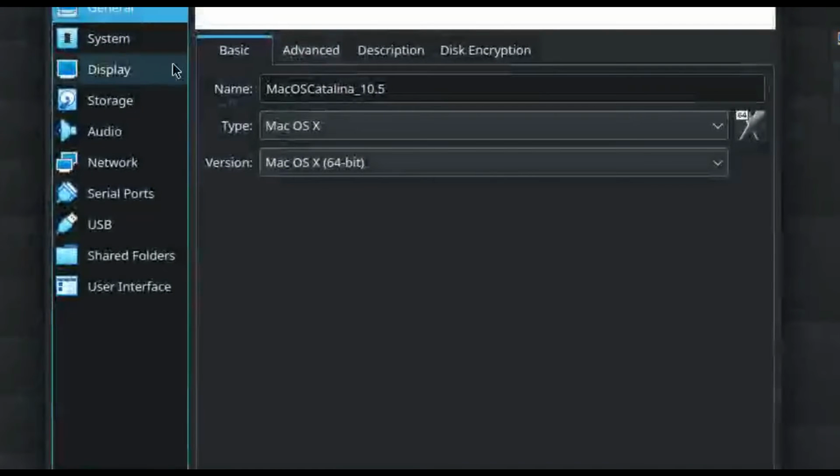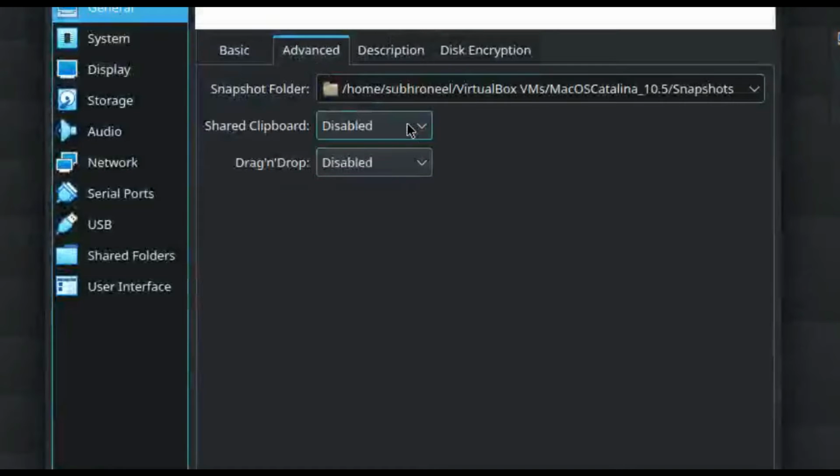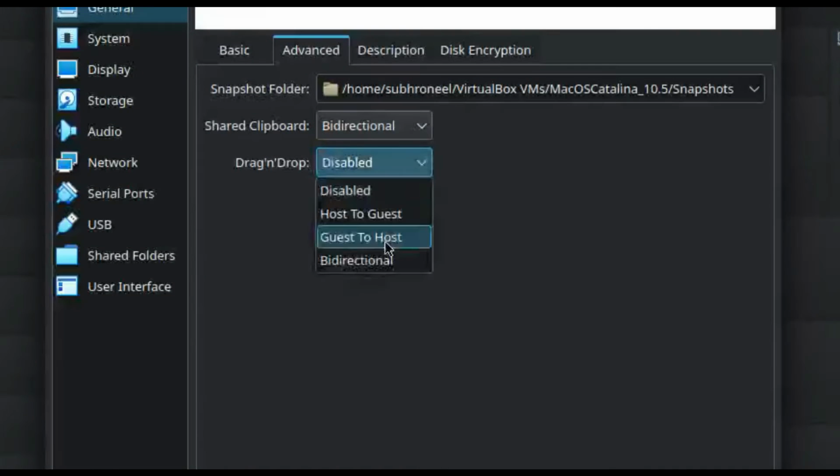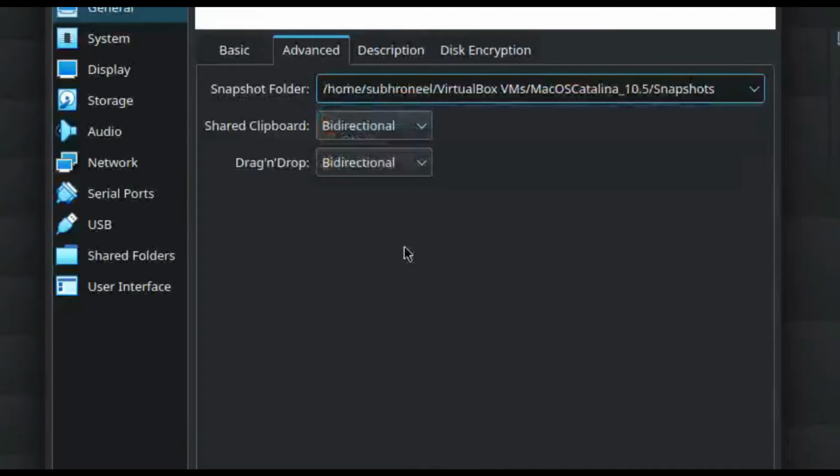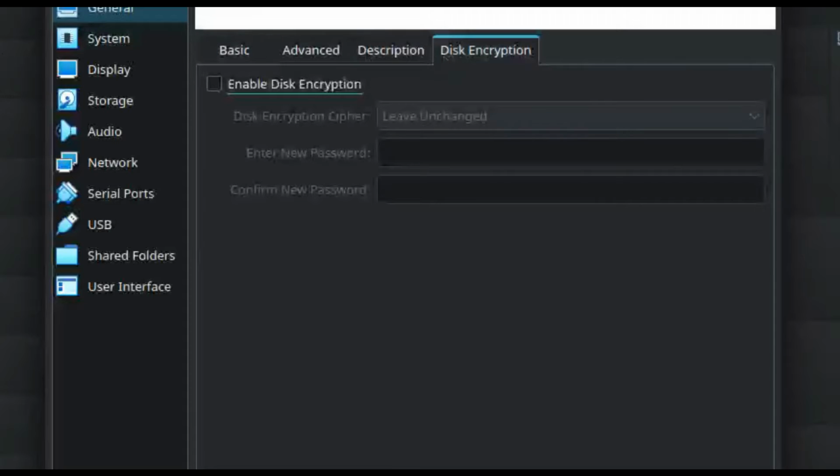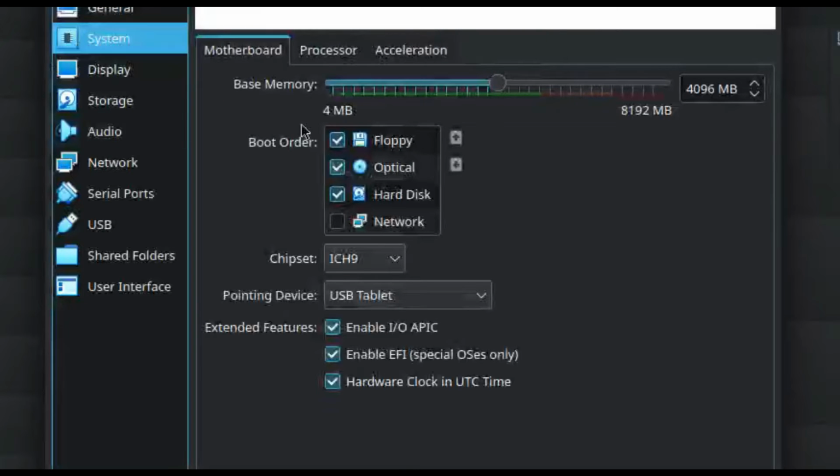I click on settings, general, blah blah blah, it is whatever it is, advanced, shared clipboard, never worked for me. I am trying to find a fix on this, why the shared clipboard does not work here. So maybe I will later create a video about sharing clipboard. Description, disk encryption not required, system. Okay, floppy uncheck, RAM is already set, optical drive, hard disk, network not required. This will be as it is,